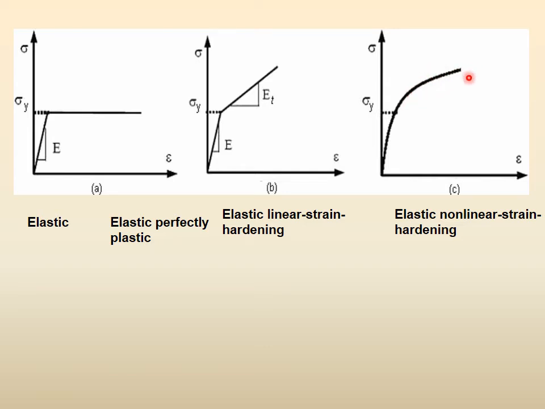If you define it numerically in very small areas, then in each very small length you can have a straight line. So you can define E1, E2, E3, E4. So you can have a multilinear, right? So elastic multilinear strain hardening, which will be approximately equal to the true one. But mathematically, the simplest equation will be for the elastic one. The next simple equation will be one straight line equation for this, the other straight line equation for this. The third easier one will be one straight line equation for this, one straight line equation for this.